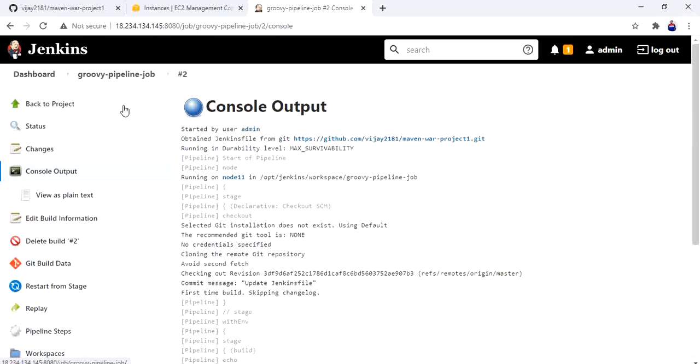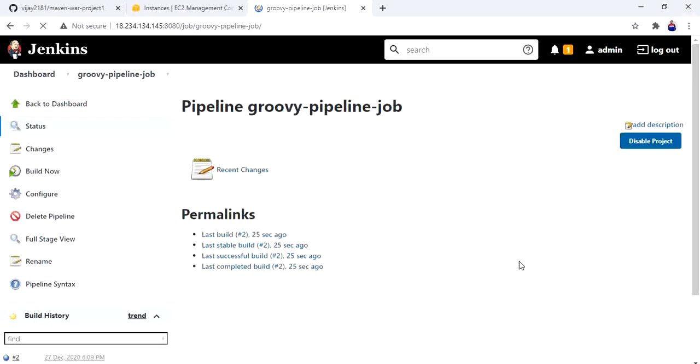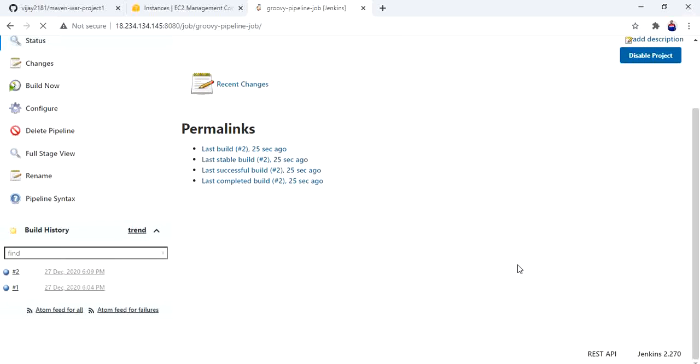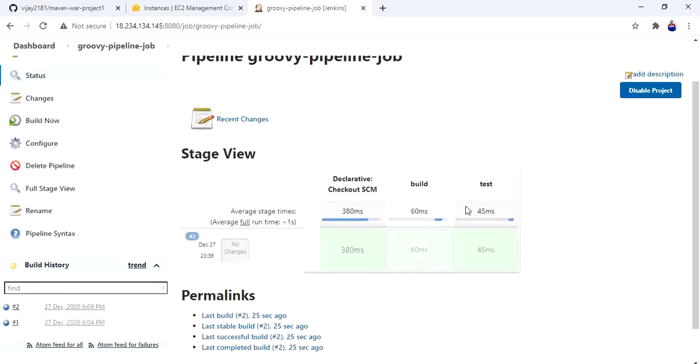Okay, success. See here, 2 stages, build and test.